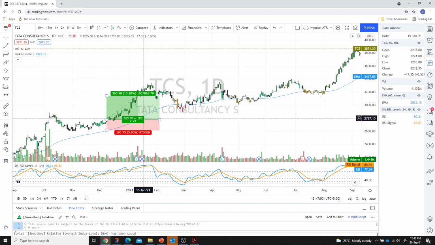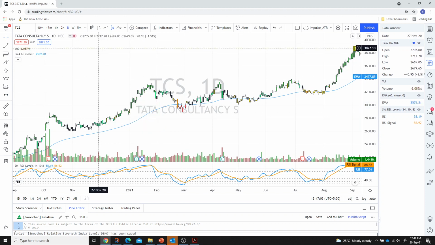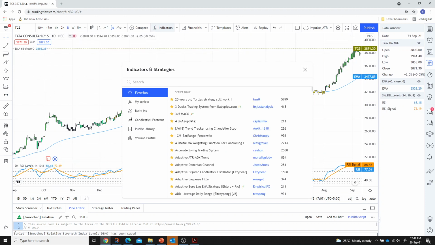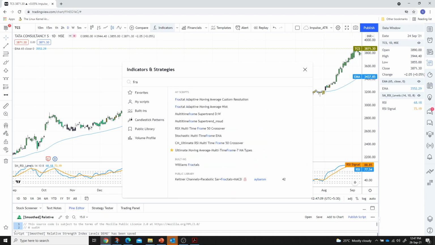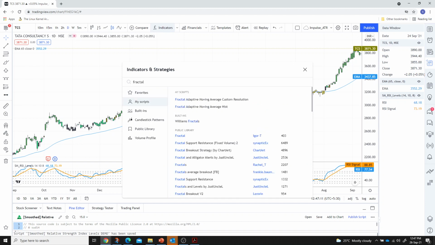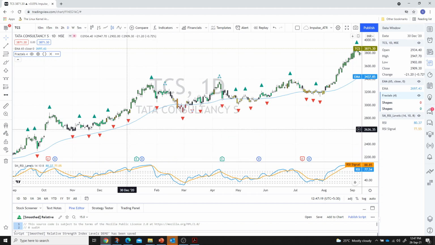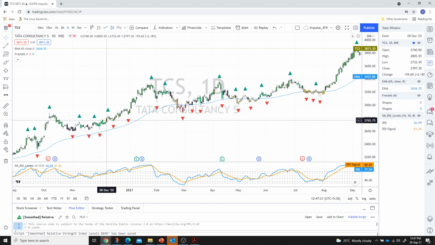So this lets me build a trade, and this is where fractals come in. By fractal, I can rely on fractal to be the closest stop I can take. So if you see here, okay, when I want to take a long trade, this fractal is my stop loss, and then I can go